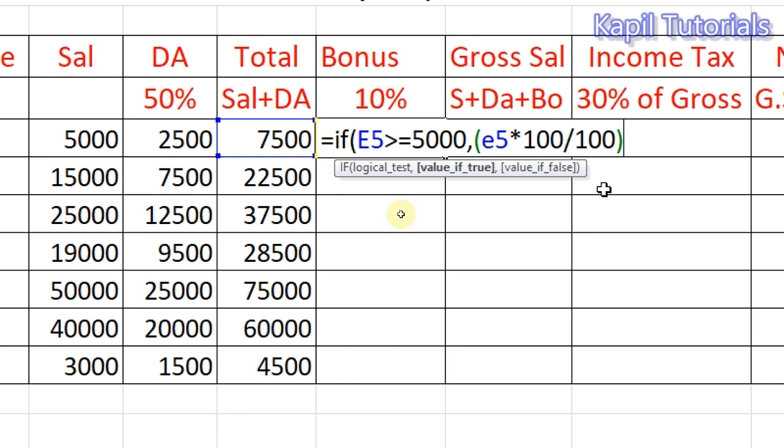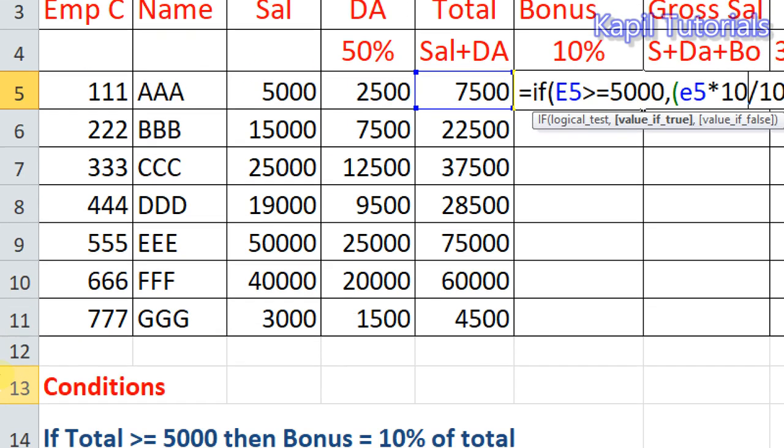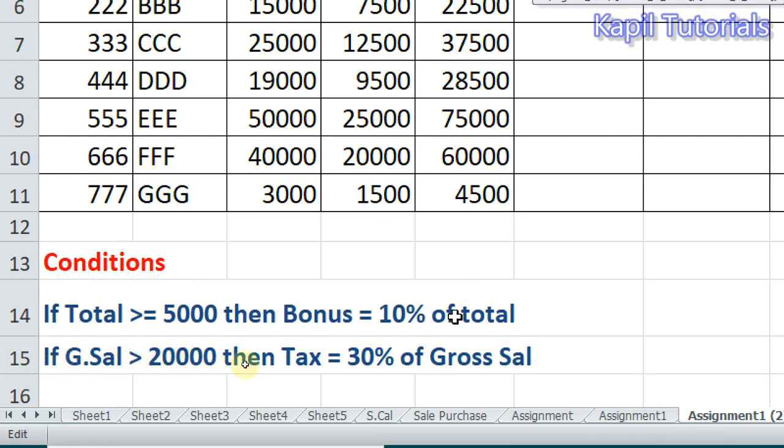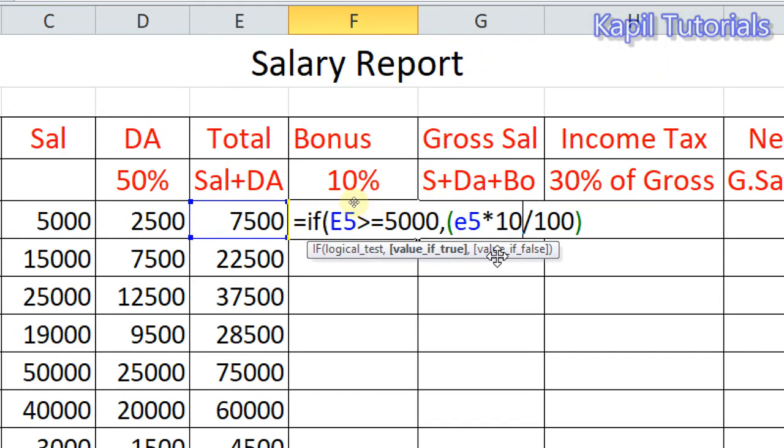So here it should be 10, because I have to calculate 10%, as it's written here: bonus is equal to 10% of total. So if I multiply by 10 divided by 100, that means if it is true, if greater than or equal to 5,000, then it should be 10%.